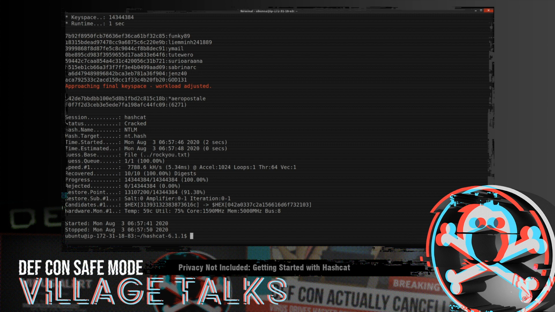And then we have our hardware monitor, which was telling us some statistics about the card. So it was running at 59 degrees Celsius, it was at 75% utilization, and then our core speed, the memory speed, and the bus workload. So that's a very simple dictionary attack. So let's try